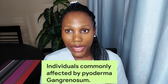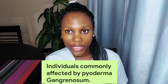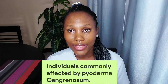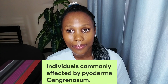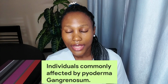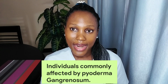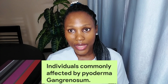The individuals that are commonly affected by Pyoderma gangrenosum include females between the age of 20 to 50 years, individuals that have systemic conditions, for example, ulcerative colitis, a condition that is characterized by inflammation, irritation of the colon and the rectum, Crohn's disease, which is a condition that causes inflammation, that is irritation of the small intestines and the upper part of the colon, rheumatoid arthritis, a condition that is characterized by inflammation of the joints as well as